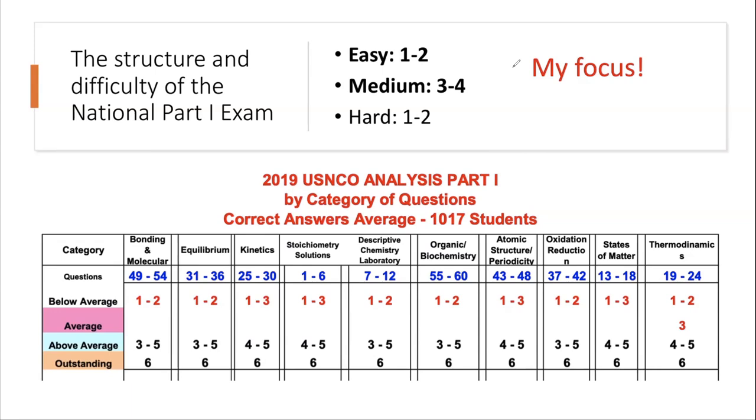We don't need to talk about that. Typically, the difficulty of the national part 1 is like this. There will be 1 to 2 easy questions, which means the average will be relatively high, and there will be 3 to 4 medium questions. There will be 1 to 2 hard questions. So my focus will be the easier